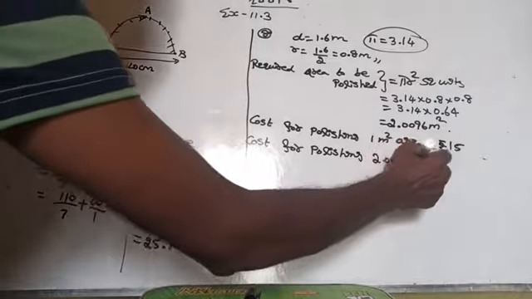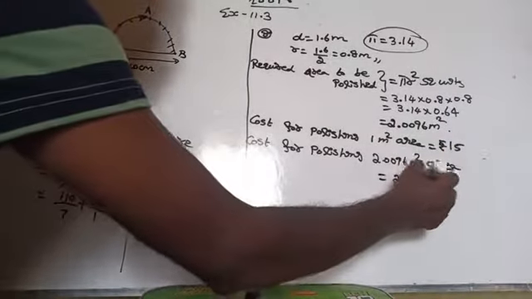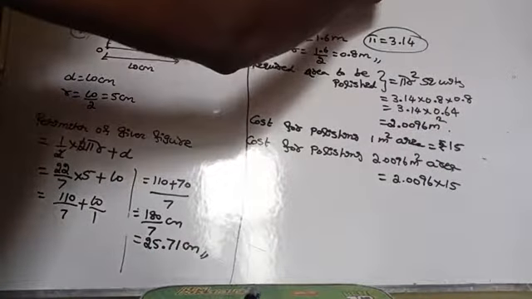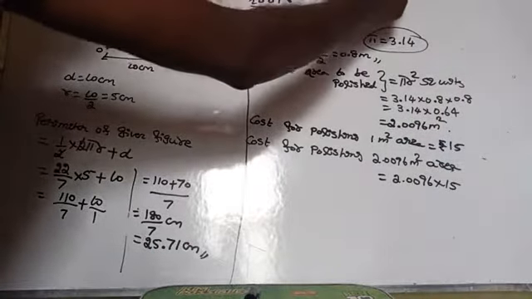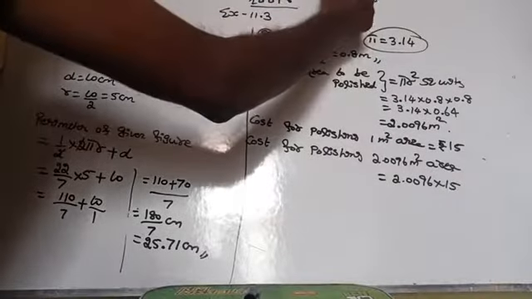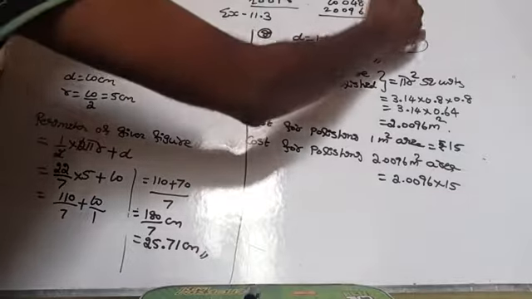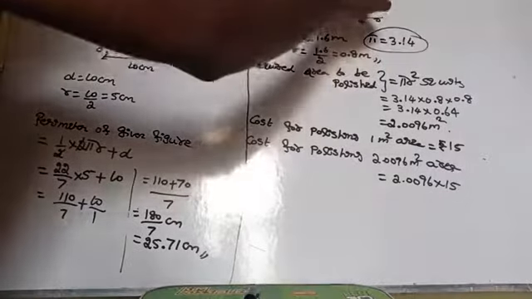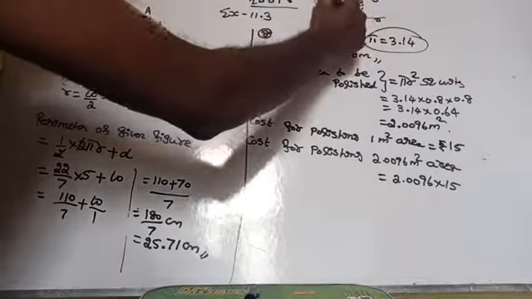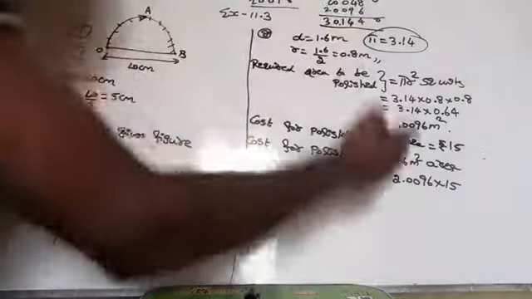2.0096 meter square area is equal to 2.0096 into 15. 20096 into 15: 6 fives are 30, 9 fives are 45, 48, 0, 2 fives are 10, 100, then 6, 9, 0, 0, 2. 0, 8 plus 6 is 14, remaining 1, 9 plus 5 is 14, 0, 3. So you have to correct how many decimal places? 4 decimal places. Then rupees